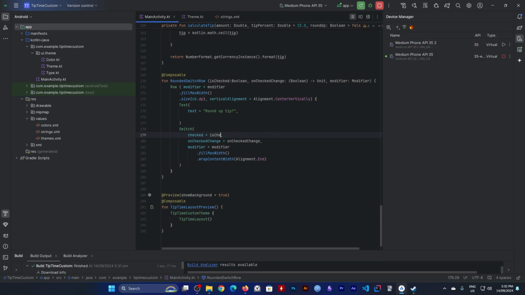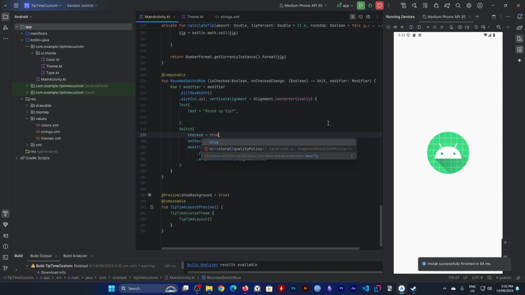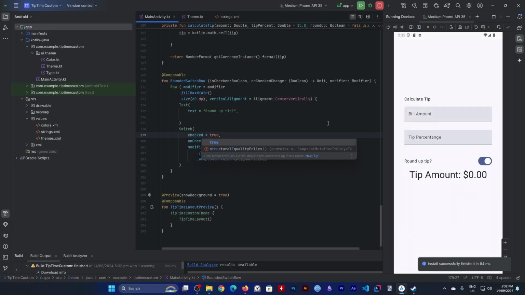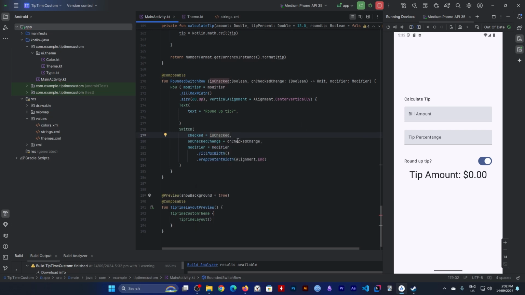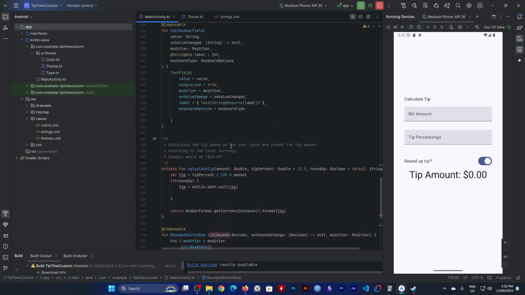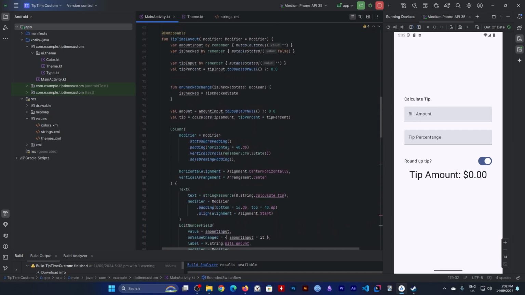Let's make it to true. Is checked. Is checked is false. When I checked change changes,